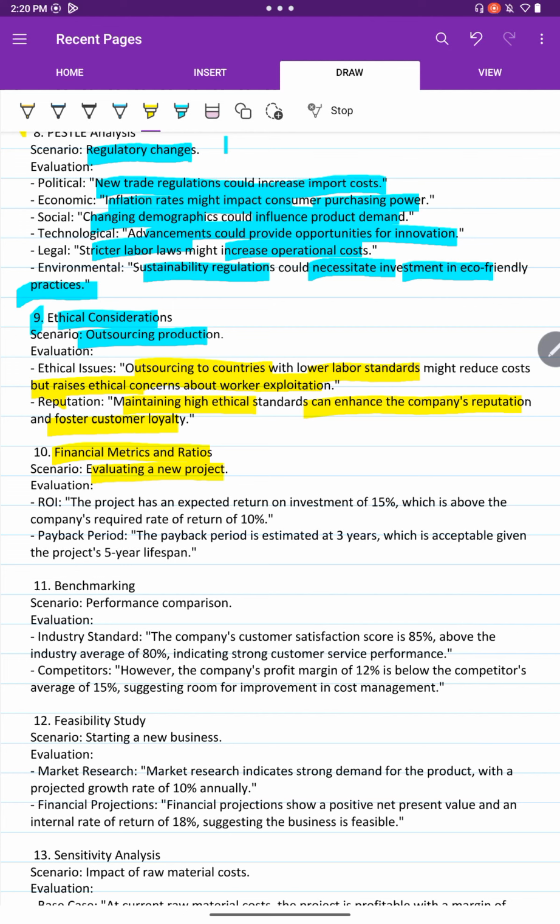So we can use different financial metrics, whatever the examiner would give you. Maybe they will be giving you ROI, payback period, or maybe they will be giving you the ROI and payback period to calculate first, and after that you can use it like in paper 3. We know about it, so we can do this also. But yes, financial metrics is not only about the ratios. It could also be your income statements, your financial statements, your cash flow statements, and other things, your break-even chart also. Okay,